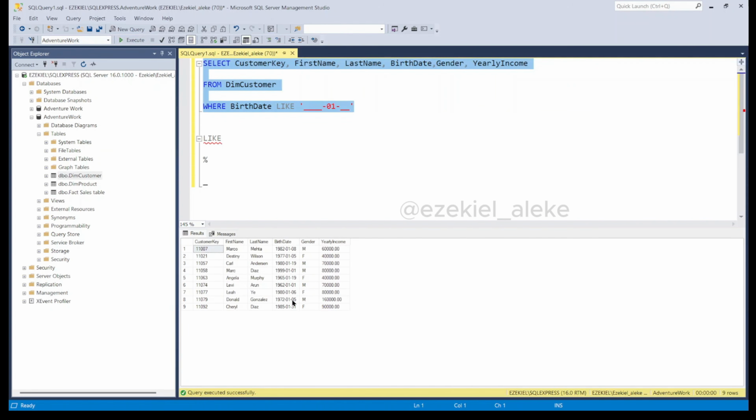So this is how you also filter for a date. You can filter for anything at all, anything you want to see. You can also combine like this. I want to see all the males that were born in January. I want to see only the male customers that were born in January. I don't want to see the female. I just want to ignore the female and then see only the male customers that were born in January. And the gender